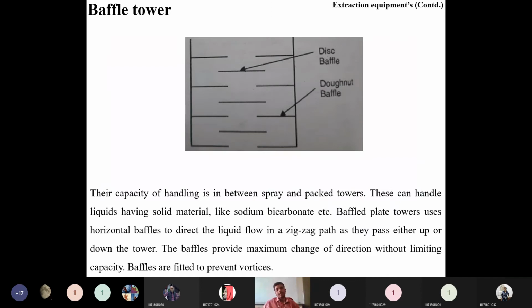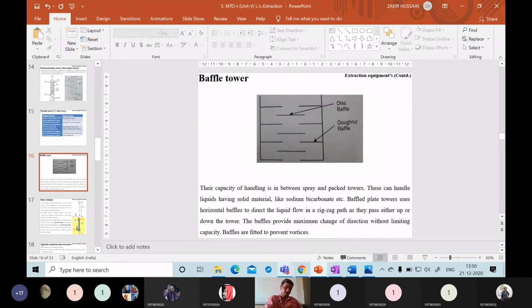Then the next one is the baffle tower. What is this baffle tower? Why do we have to use the baffle? You might have seen it in heat transfer. What is the use of a baffle? Baffles will be there in heat transfer and mechanical unit operations. If you can see,